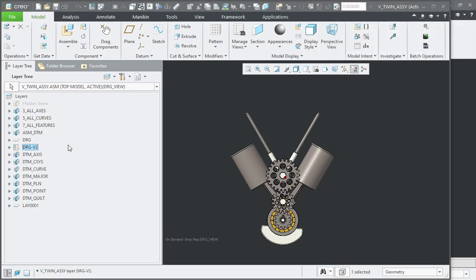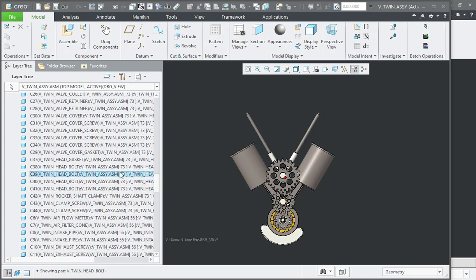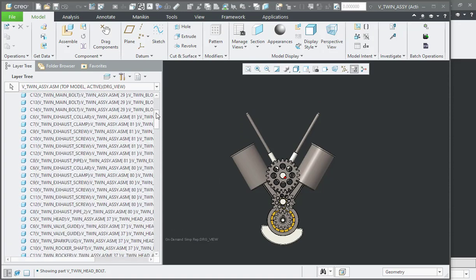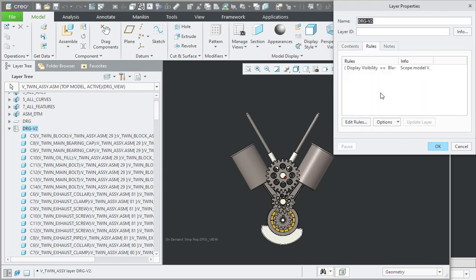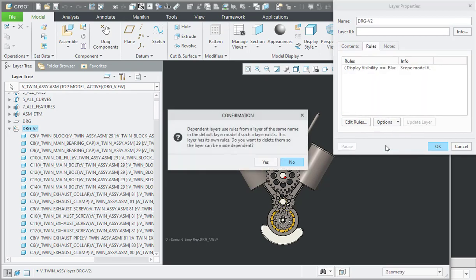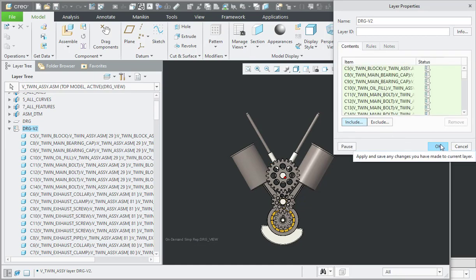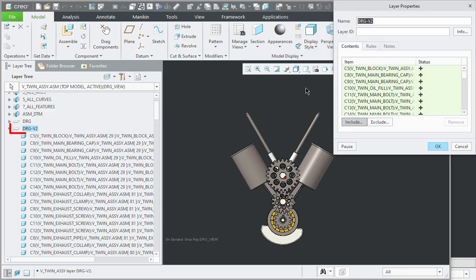After adding the parts in the layer, if you don't want to affect the layer due to change in the display state of hidden components, then you should turn off the associative option. It will not apply the rule to the current display state. You can either keep it as is or even get rid of the rule by making it rule independent. I will go with this option as my purpose of picking components is done. Notice that layer icon is changed due to this and so the part status columns.